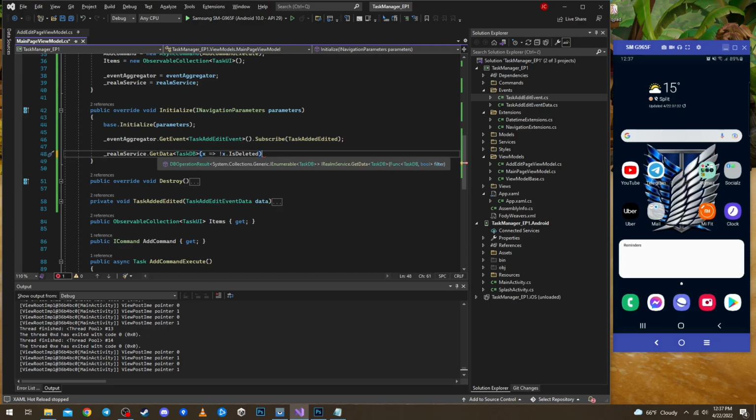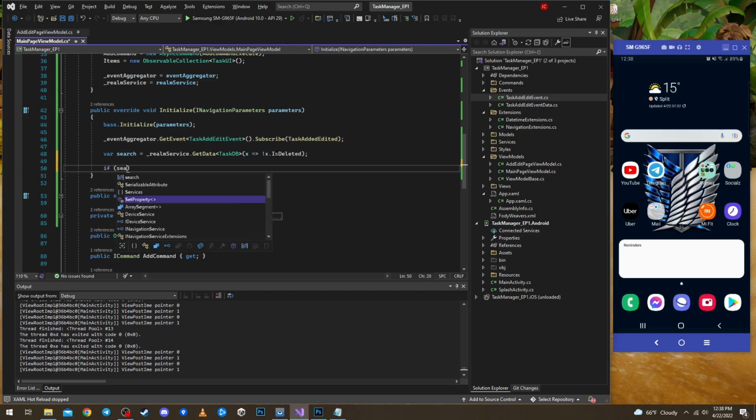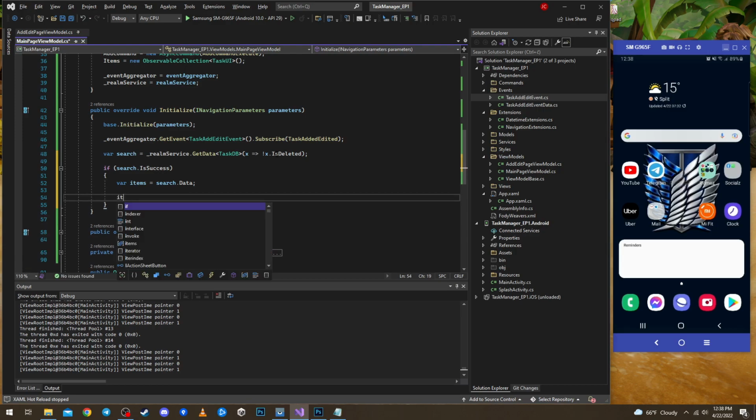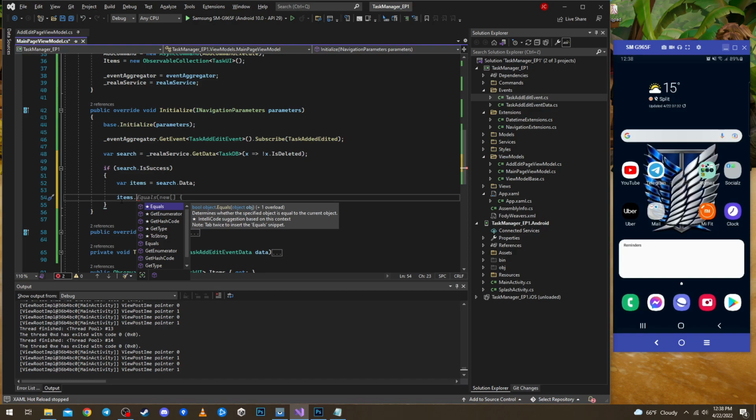So we get this. First we get operation search, and then if search is success, then let's say var items equals search dot items dot data, and then we wanna order this data maybe by deadline or something like that,